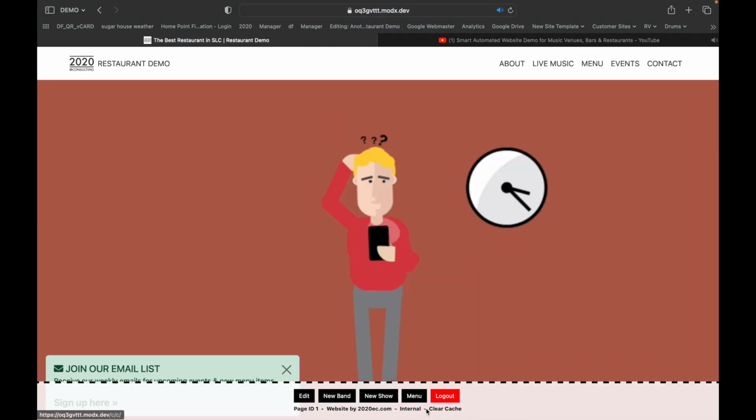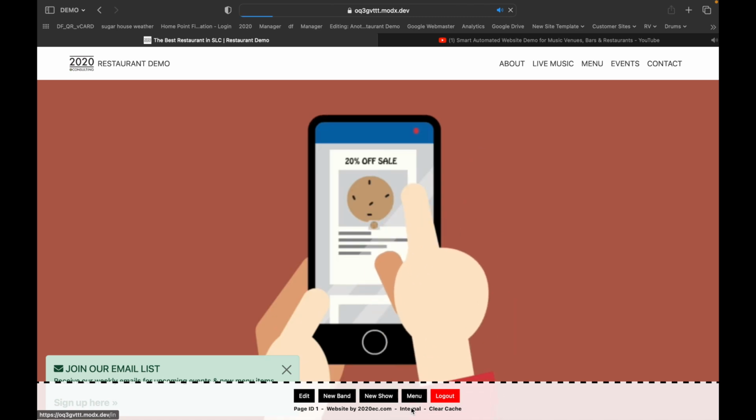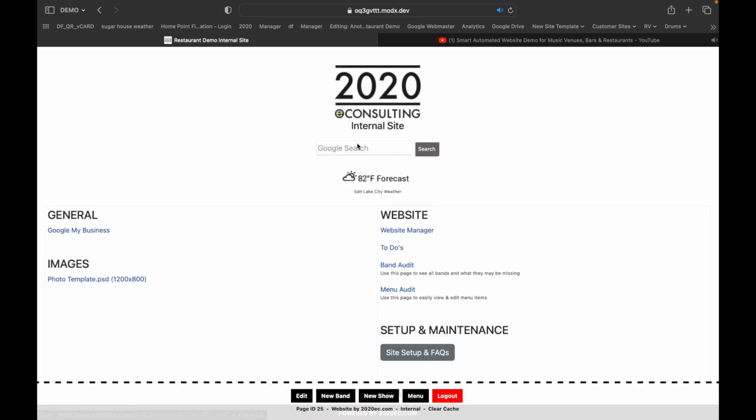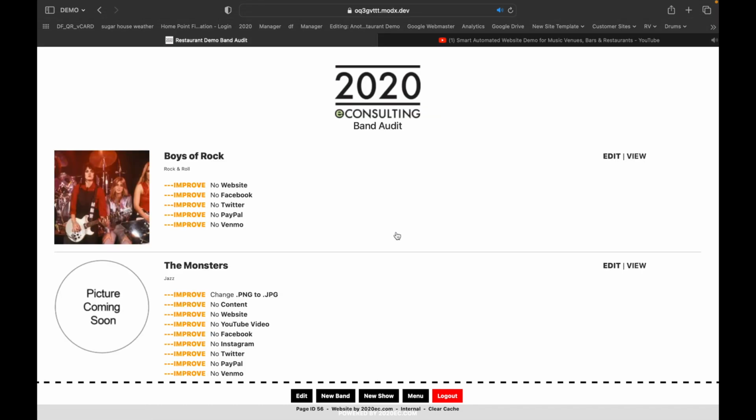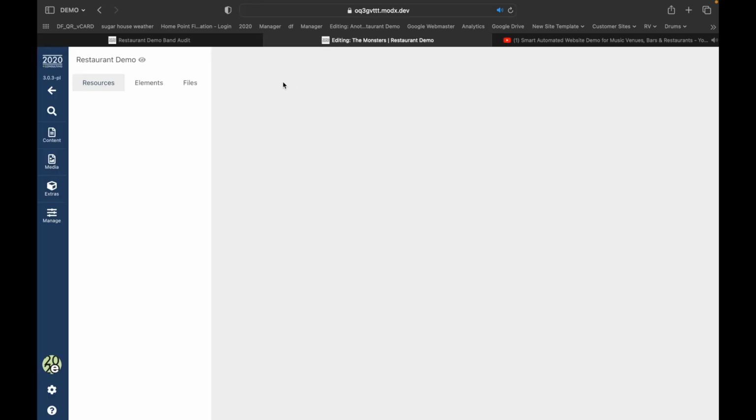Now that we've got a couple bands set up, you'll notice that there's a little link down here called internal, and that gets us to that /in page. So we have the website manager, to-dos, band audit, and menu audit. So let's check out the band audit. This shows us all the bands that we have, and it gives us suggestions on what should be changed. So for example, let's say if I click on edit this guy, and I remove the photo,